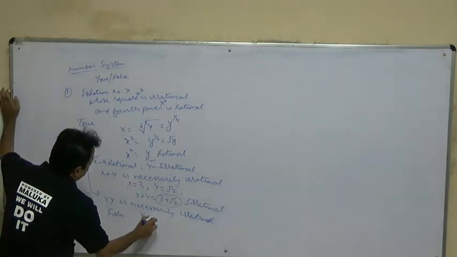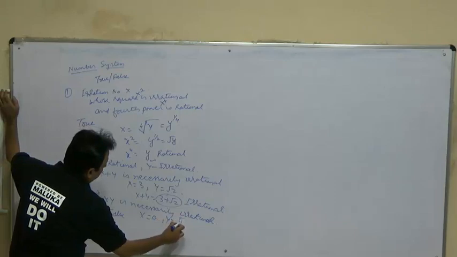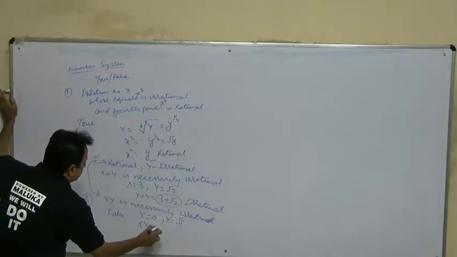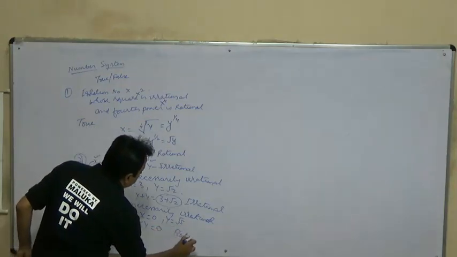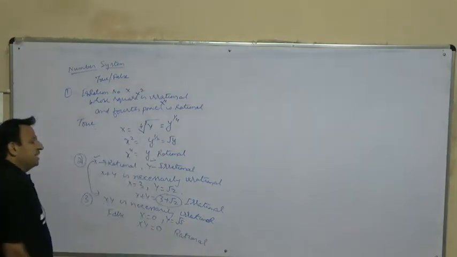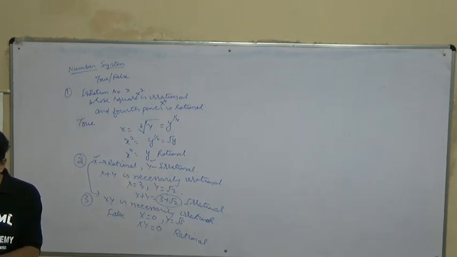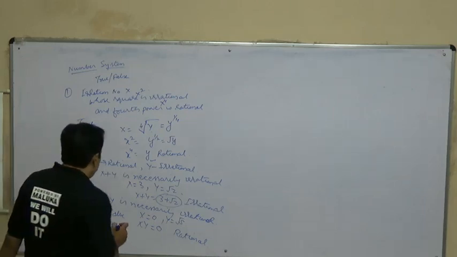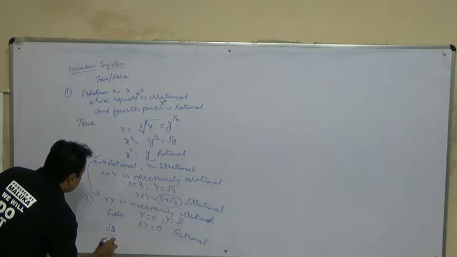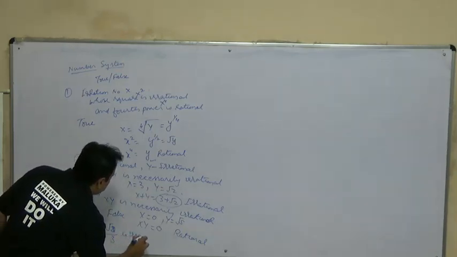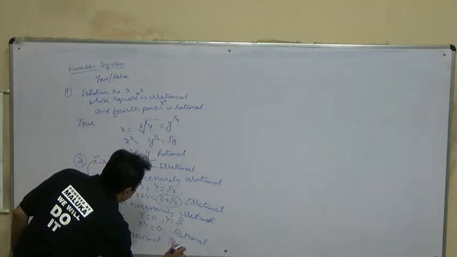क्यों? अगर हम x की वैल्यू 0 ले लेंगे और y की वैल्यू कुछ भी, सपोज करो √5 ले लो, xy क्या आएगा? दिस इज 0 विच इज रैशनल. दिस विल बी इरेशनल इन केस व्हेन वी हैव नॉन जीरो फाइनाइट रैशनल, मीन्स अगर रैशनल की वैल्यू नॉन जीरो हो, जीरो के लिए यह हमारा रैशनल ही आएगा. ओके. देन नेक्स्ट इज √2/3 इज इरेशनल. ये ठीक है, ट्रू है.